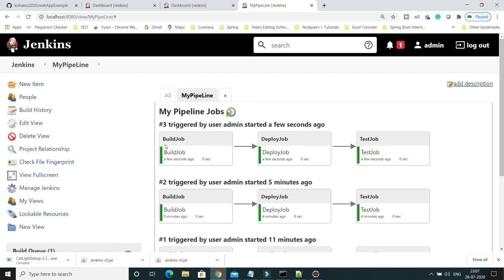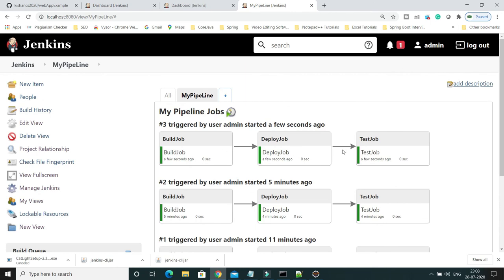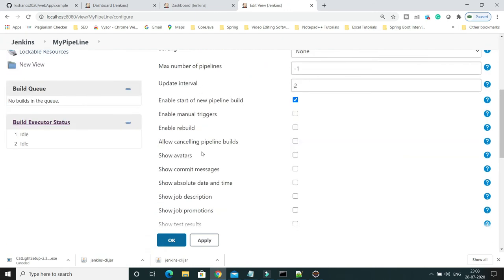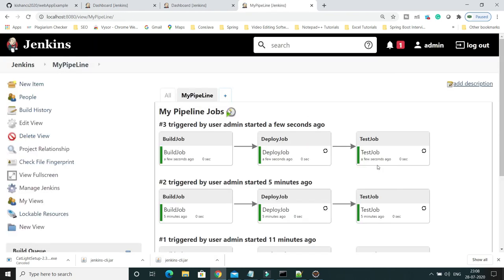So this has also completed. There are 3 builds up to 8. So for all of them you can see the continuous pipeline. Now again I'm going to edit view, and I can show you some interesting stuff. Another interesting feature is enable rebuild, right? If I select this one and apply OK, and go to the continuous pipeline, then here you can see,